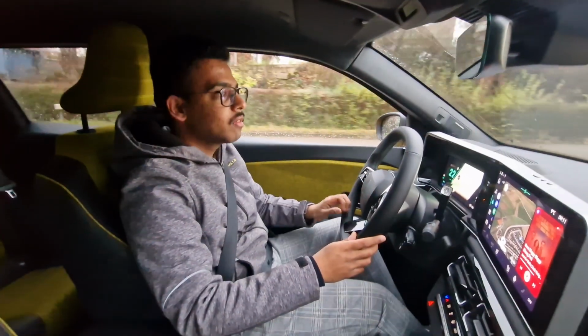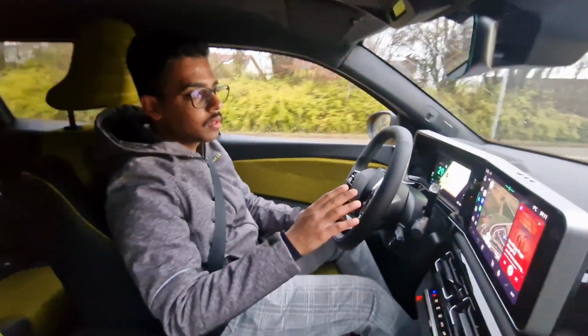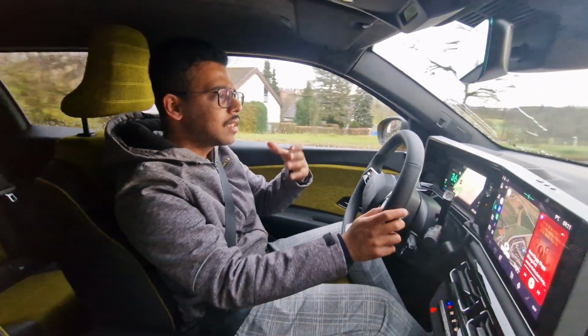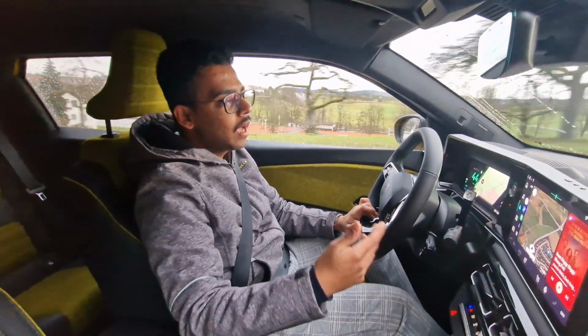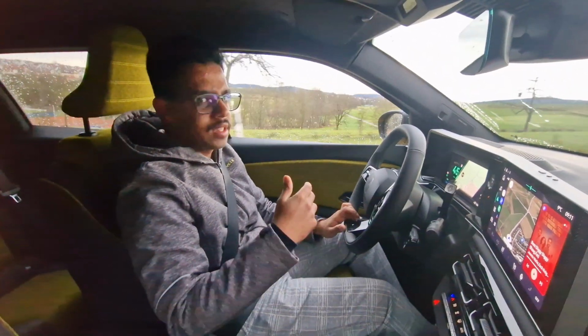The reason I think electric cars just make sense for people like me is that small combustion engine cars often don't get the best technology. So they have the small engines which have to be worked hard, they don't get the best gearboxes. And so when you're driving around town, you have this small engine that you have to work hard, the gearbox isn't smooth or slick,